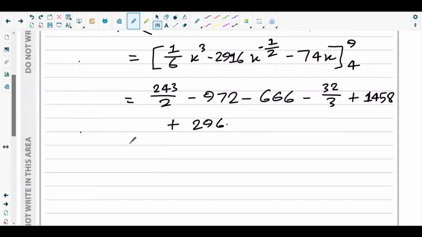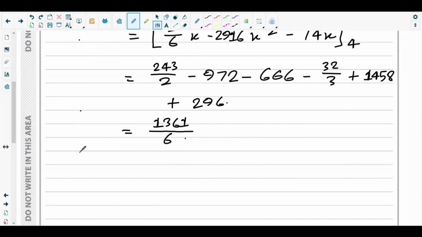Now just do the summation, you will get the area under the curve, between the curve and the x-axis. Okay, so 243 over 2 minus 972, negative 666, negative 32 over 3 plus 1458 plus 296. So it will give you 1361 over 6. So this is the area between the curve and the x-axis. So area of region R would be what? The area of region R would be